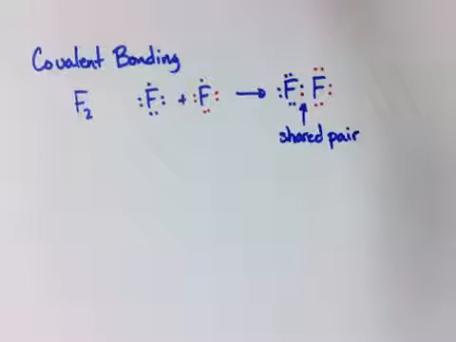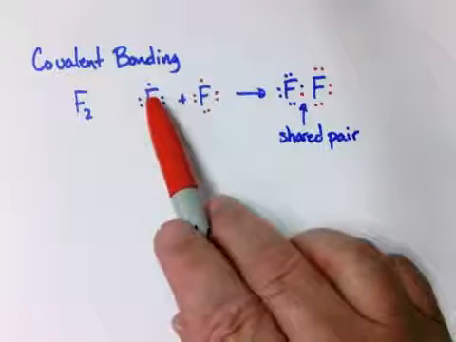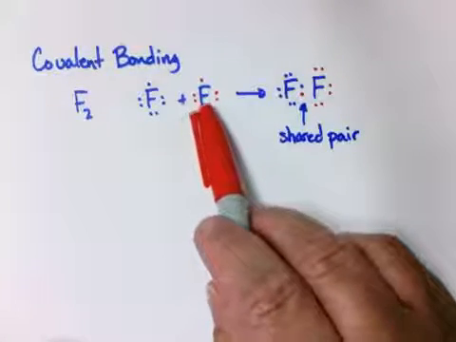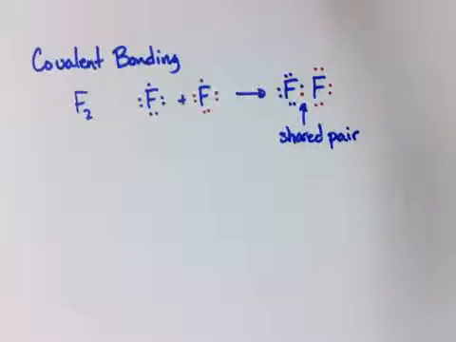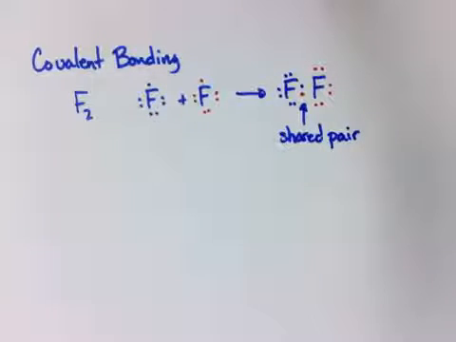Now, why is it that fluorine shares rather than just transfers one to another? Because of a number of factors, one of which is high ionization energy. It's very difficult to remove that electron from fluorine. It takes a lot of energy. Also, the decreased radius and the increased nuclear charge gives fluorine a tendency to pull electrons towards itself. Finally, removing one of those electrons would actually drive fluorine further away from an octet, actually decreasing its stability rather